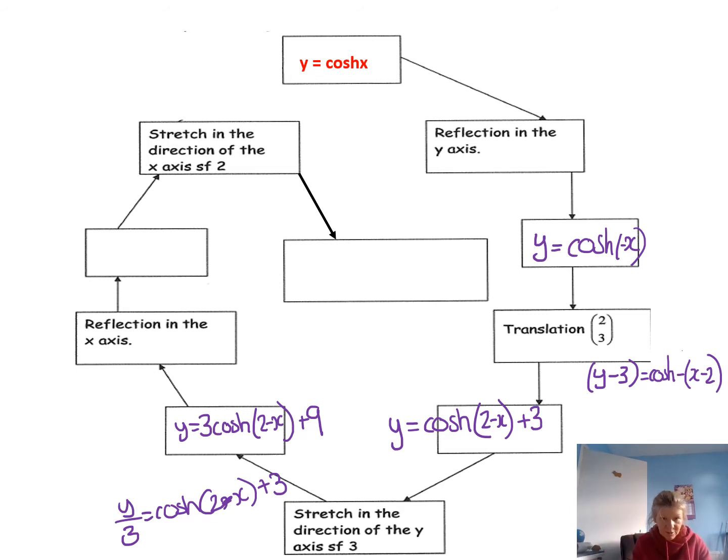You replace y with minus y, and I just take the minus over. So y equals minus 3 cosh 2 take x minus 9. Now stretch in the x direction by a scale factor 2. So replace the x with x over 2. So the final answer should be, or an equivalent to,